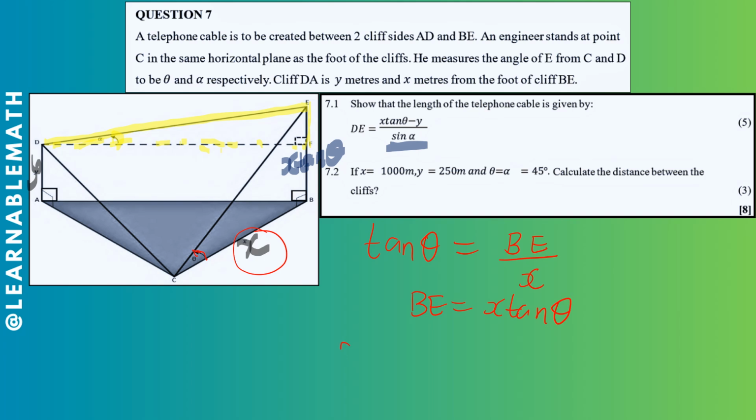Sine alpha is basically the same, it is on that triangle. There's a right angle triangle, right? It will be what? It will be